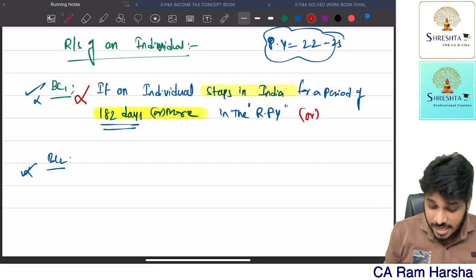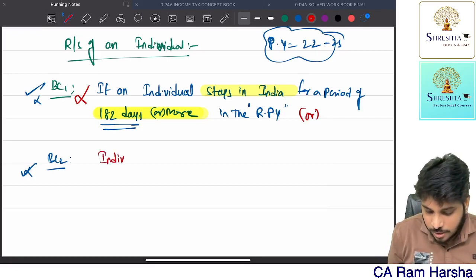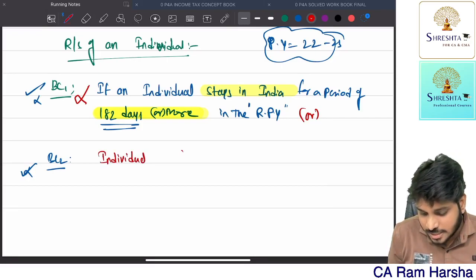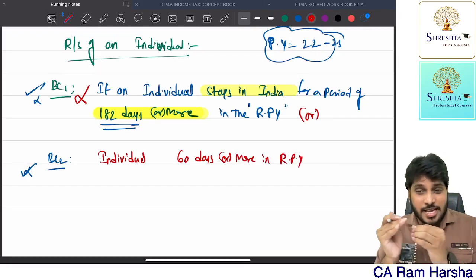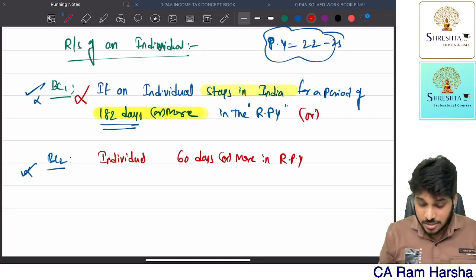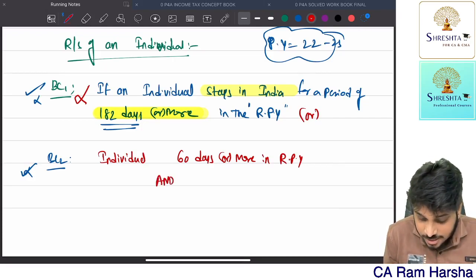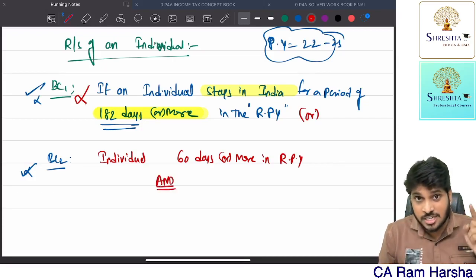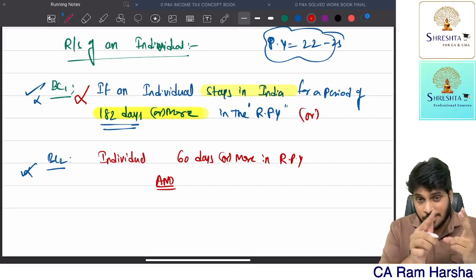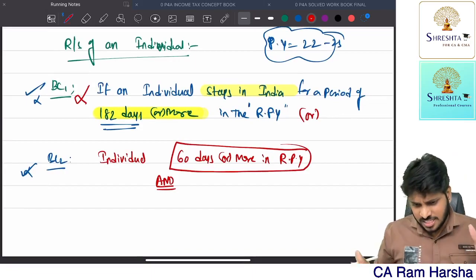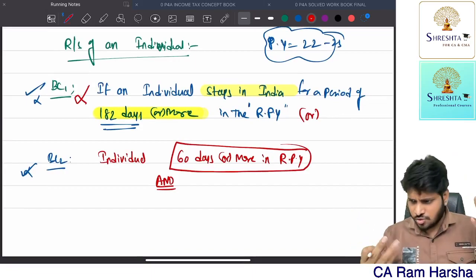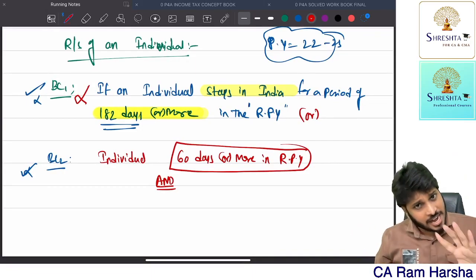Suppose the individual stays 60 days or more in the relevant previous year. What is it? 60 days or more he stayed in the relevant previous year. And there is another subcondition. There is another subcondition in basic condition 2. There are two subparts. Getting it? In the relevant previous year, just 60 days is enough. In this year, have you been in India for 60 days? Just 2 months have you stayed in India? Enough. And